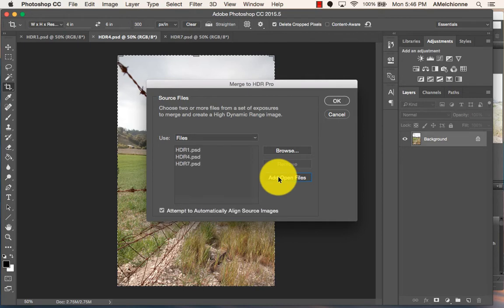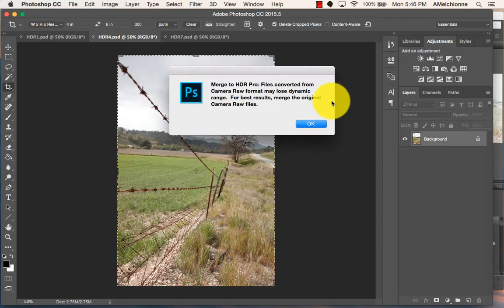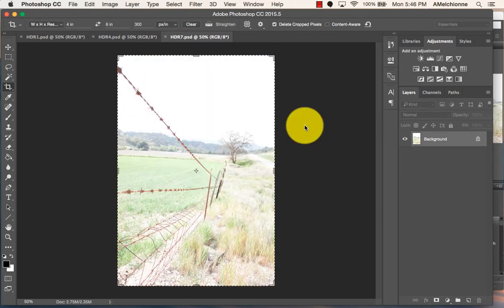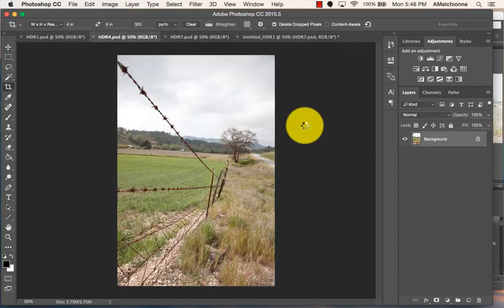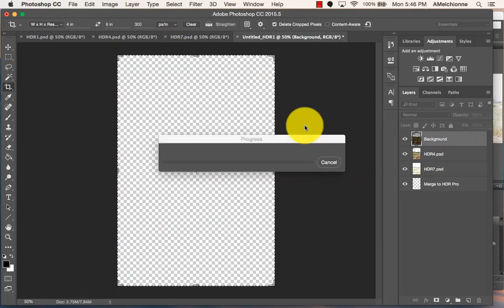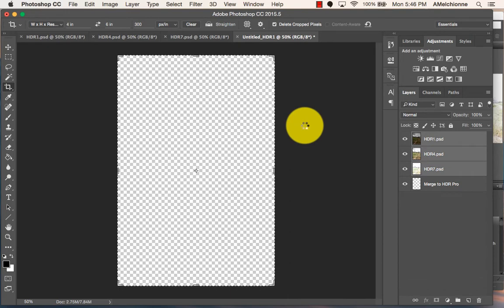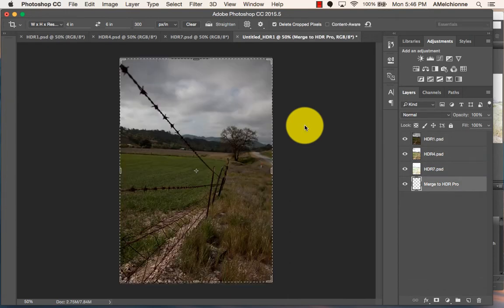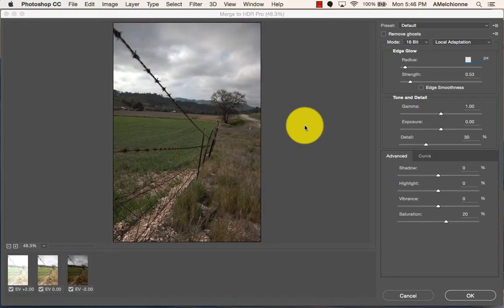So you just click on Add Open Files and hit OK. And this wasn't shot with a tripod, so they're a little bit off, but Photoshop is going to align them for you, which is pretty cool, just like it does with the panorama shots. And it's thinking about it here. And now you get this merged HDR